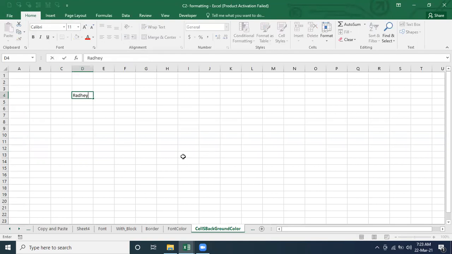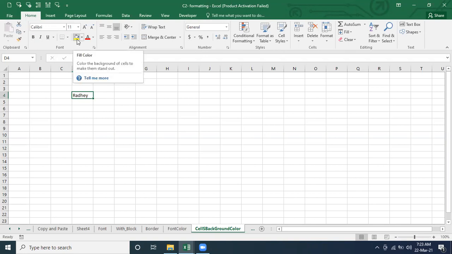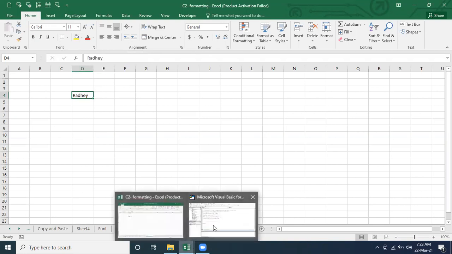If I select and do it, it will be applicable only for the font. So for the background, we have to select the range, pick the range and then apply. It will not come under font. So the range we have to define.